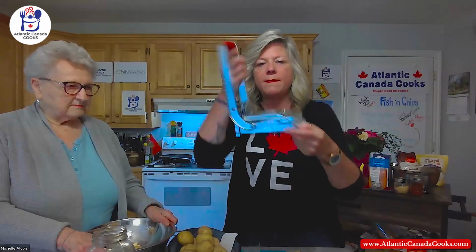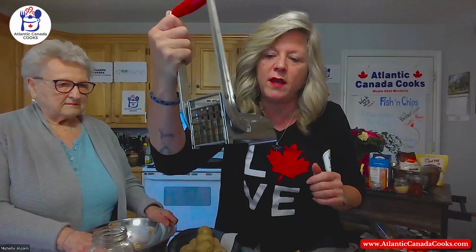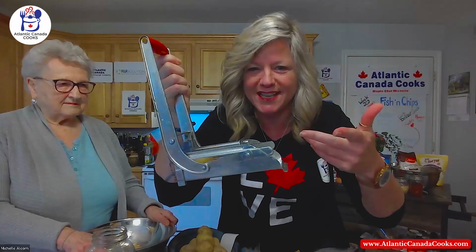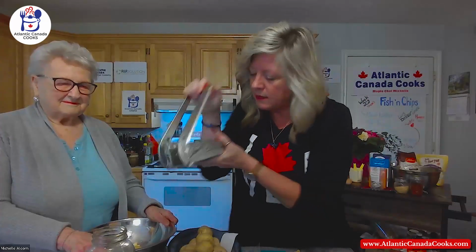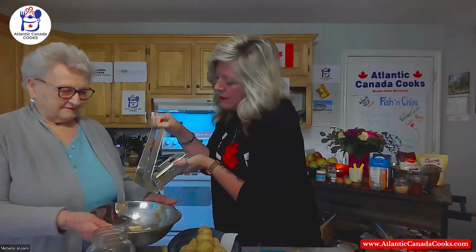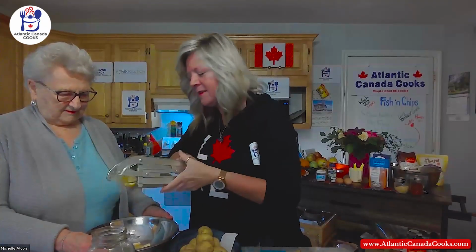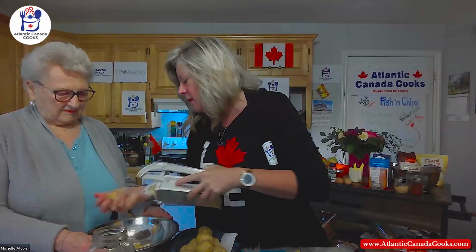With this, the really easy part is you just drop the potato in. I think many big restaurants have large versions of these for their hand-cut ones, right? And then basically I am just going to pull that. See if I can do it in the air. This will be the fun one. There we go. And there come the potatoes out the other side, all perfectly cut into the size we want